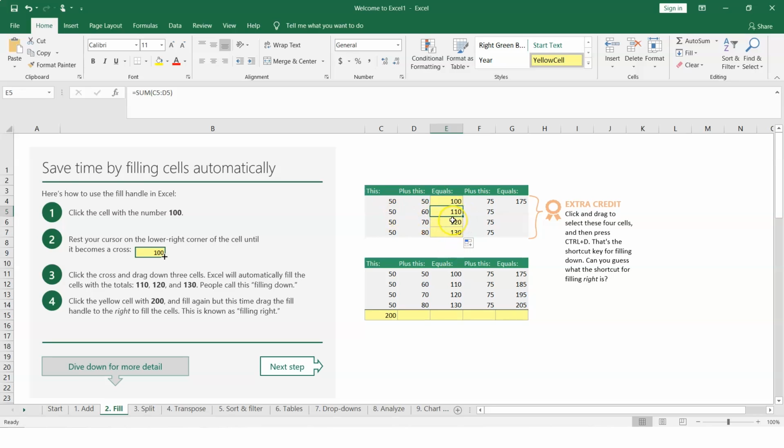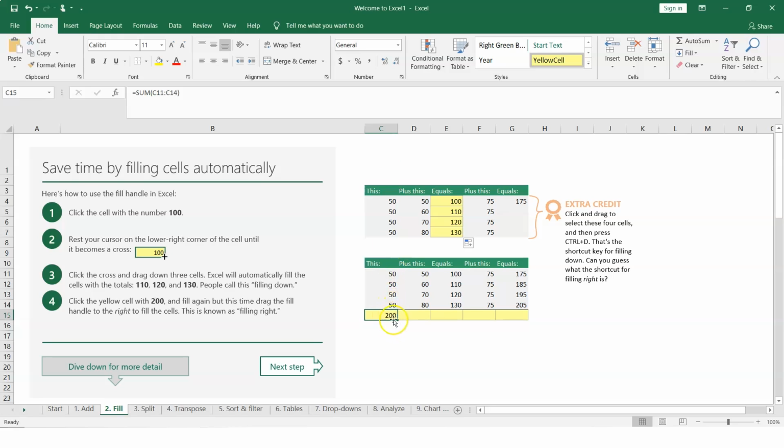So this is one shortcut which we can do to get the total. Excel will automatically give the totals, which we call filling down. Now, in the same way, if we want to get the totals here, we can first check what this 200 is, and this tells me it is the C11 to C14 total. So it is totaling the rows from C11, column C and the 11th row, till the 14th row, and that's the